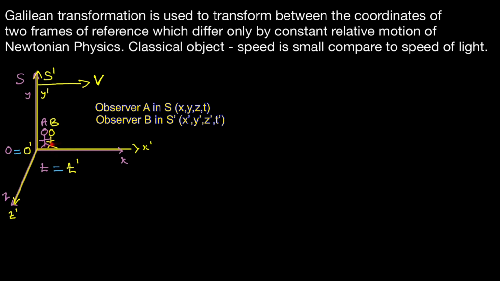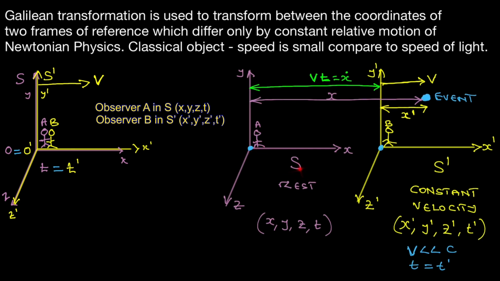If you have two frames of reference here, both initiated from the same point, and S is going to be stationary, S prime will be traveling with a velocity v, and both have their y and y prime, which are parallel, x prime and x are parallel, z and z prime are parallel, and so they both have an initial starting point of 0 and 0 prime, where t will be equal to t prime because that velocity is going to be slow. So we have S stationary at rest and S prime with a constant velocity moved a distance